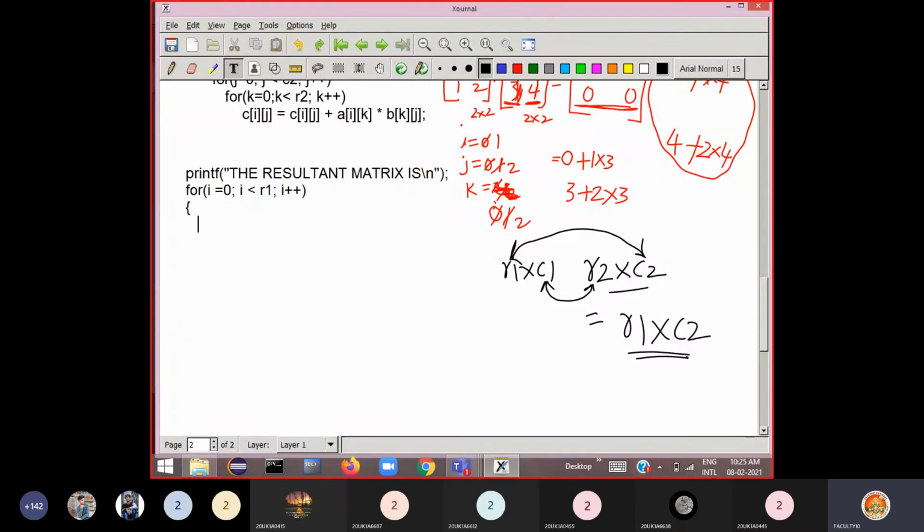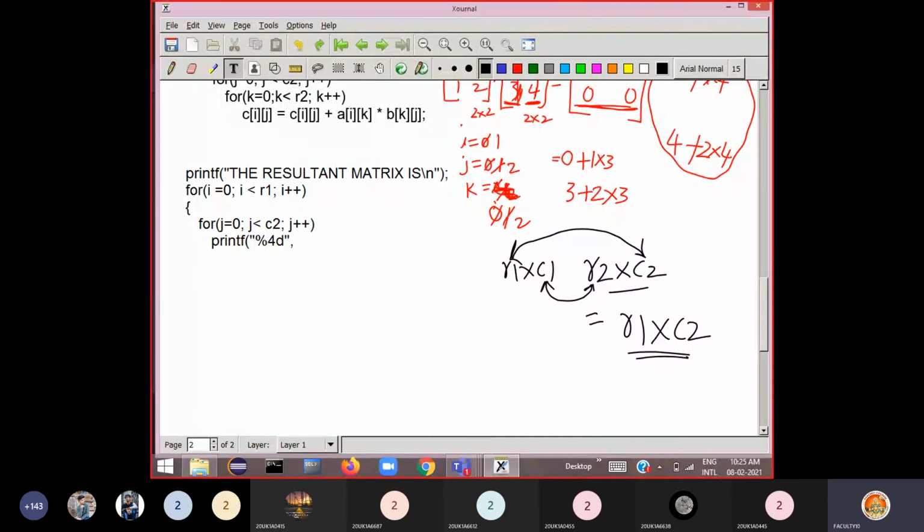For printing the matrix, we require a block here. Inside this, use another loop for keeping track of columns. For j equal to 0, j less than the number of columns. The resultant matrix's number of columns is C2, so j less than C2, then j plus plus. Here you print the element: printf %d, and we use a 4d field width.